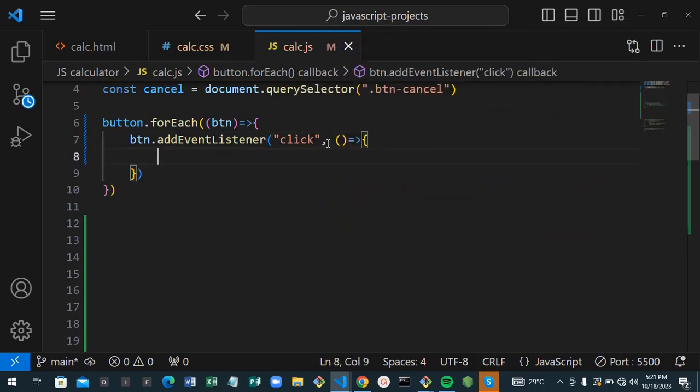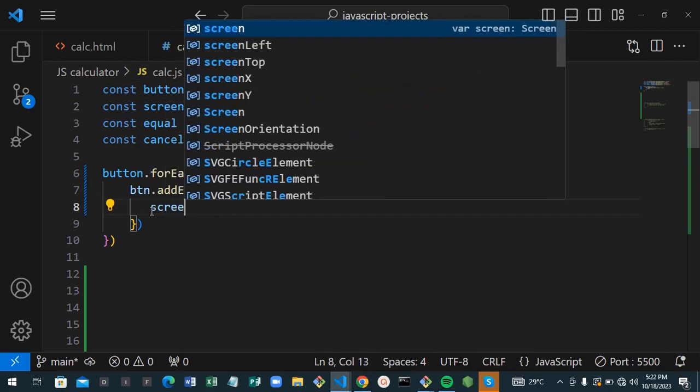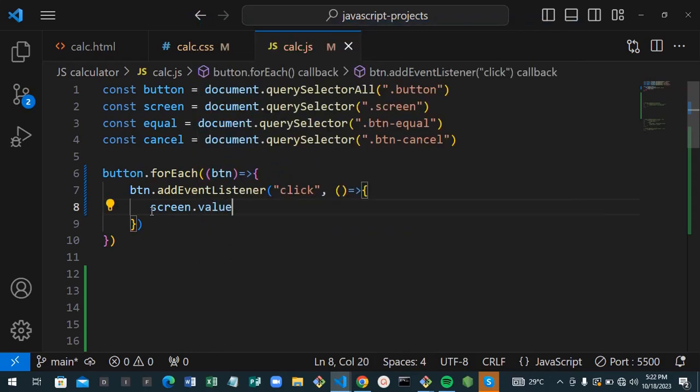Okay, so having done this, the next thing we are going to be writing there now is, remember, our screen here is what we actually want. We are going to be working with our screen, as in this is where whatever we press or whatever we click on is going to be appearing, right? So we're going to say screen. We want to give it a value now. So we are going to say screen dot value. So what should the value be? Equal to